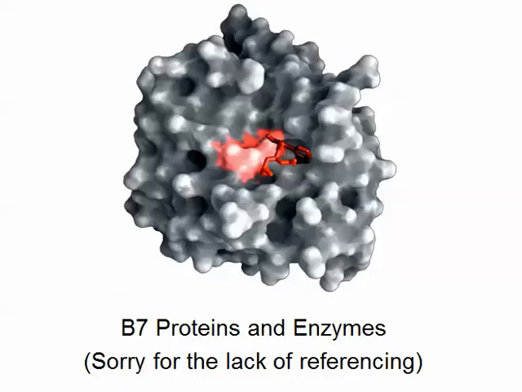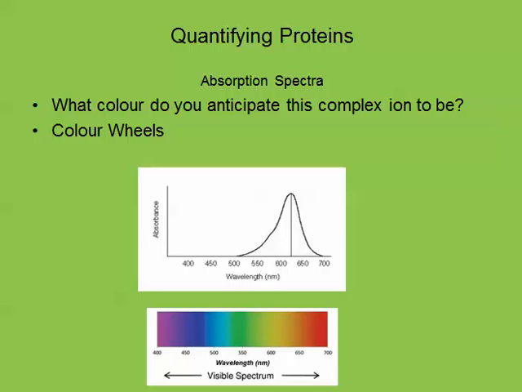So the first bit here is about quantifying proteins, and the main reason we can quantify proteins fairly easily is very often they absorb in visible or ultraviolet regions. So if we take this protein here and think back to our work on color wheels, then if my substance is absorbing around about here, which is kind of this region, then the light